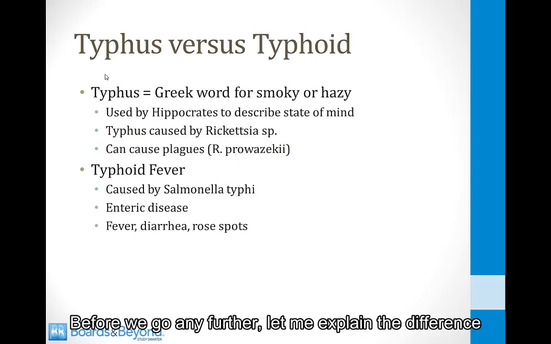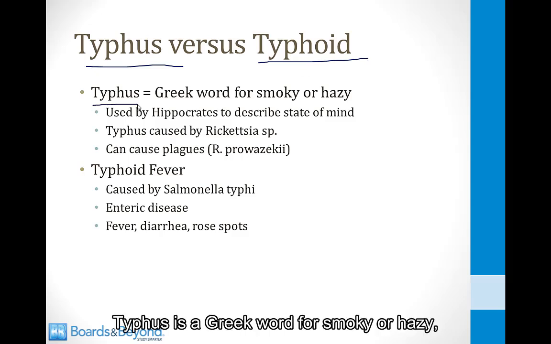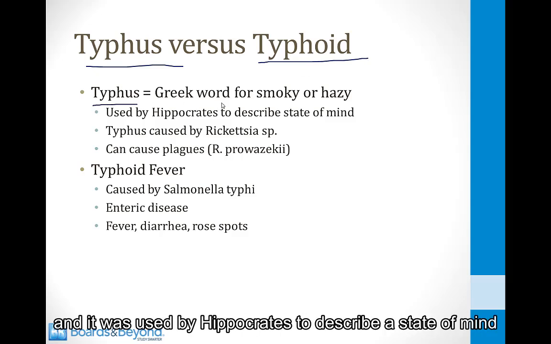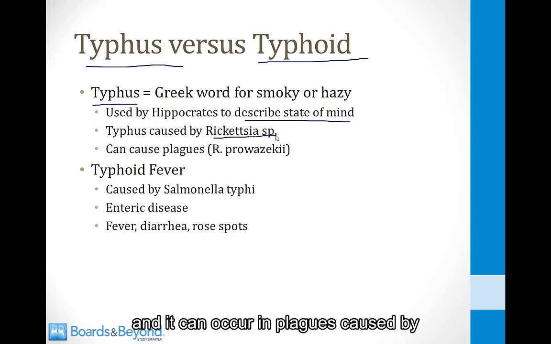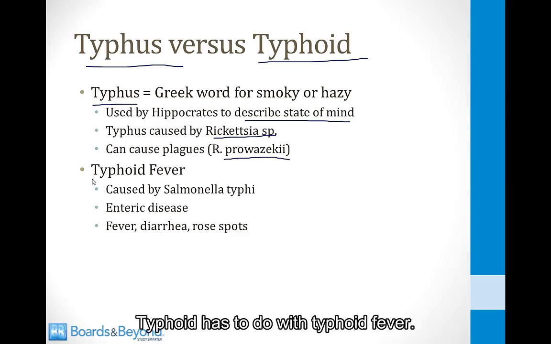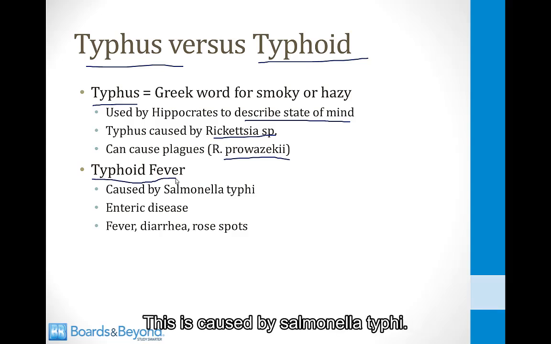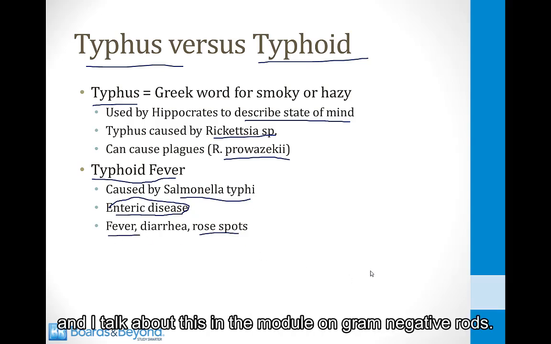Before we go any further, let me explain the difference between typhus and typhoid because the words sound alike but they mean different things. Typhus is a Greek word for smoky or hazy, and it was used by Hippocrates to describe a state of mind in people who were infected. Typhus is caused by rickettsia species, and it can occur in plagues caused by rickettsia prowazekii. Typhoid has to do with typhoid fever. This is caused by Salmonella typhi. It's a GI illness with diarrhea and also fever and rose spots, and I talk about this in the module